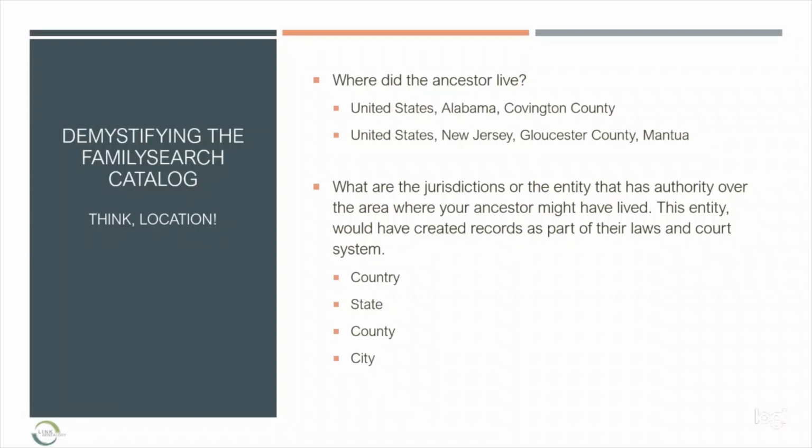And now in the genealogy field, we use the term jurisdiction. And jurisdiction just means essentially what entities would have been creating records for my ancestor. There are a lot of entities at the county level that create records for people. So county courts, the county clerk's office, and you'll see some of this also at the city level and then at the federal level. And so you just want to be familiar with what records you're looking for and what entities might have created those records.